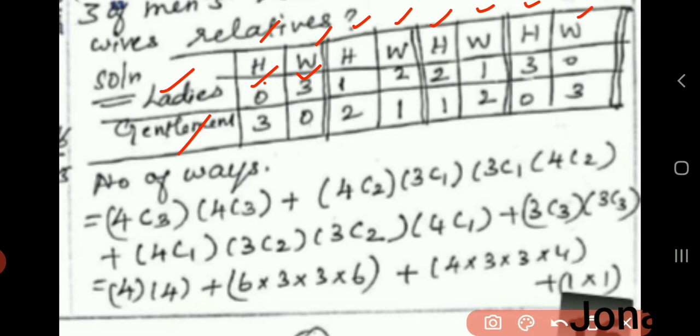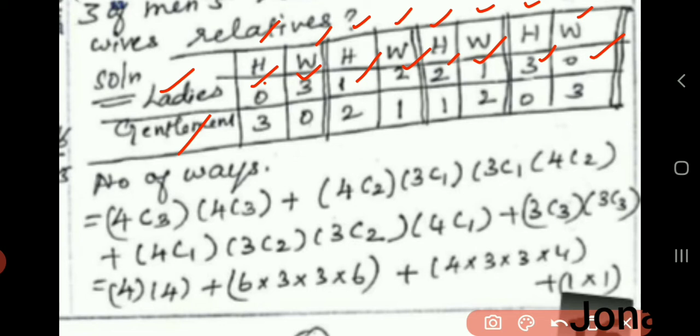If we have 2 ladies from wife's relative, in husband's relative we can have only 1. If 1 lady from wife's relative, we can have 2 ladies from husband's relative. If we have 0 ladies from wife's relative, we can have 3 ladies from husband's relative. Are you clear on this?